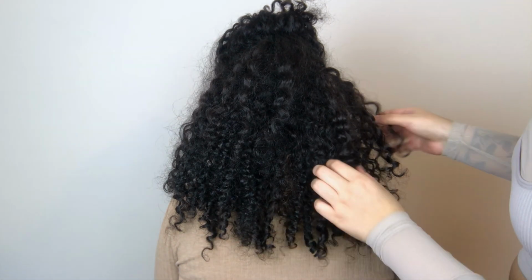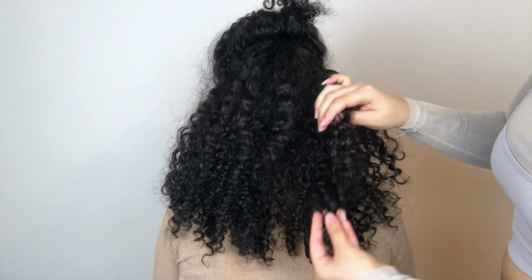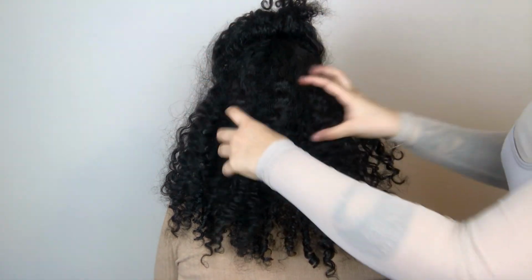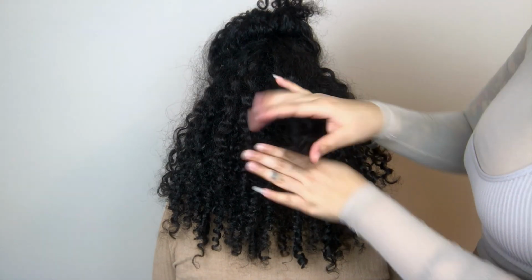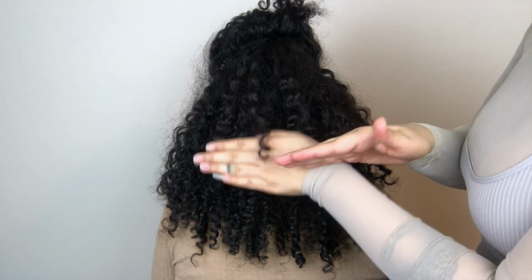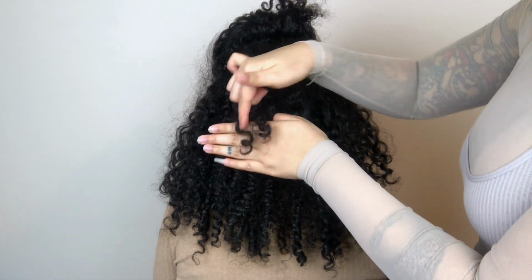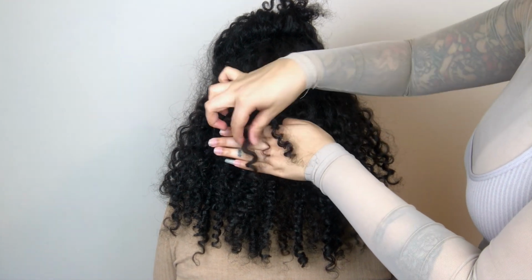section. Again, you do the same thing. So now this time you want the third layer to be shorter than the second layer, so that it can start voluming up and get that nice fluff that you want. Again, do it curl by curl, literally curl by curl. It takes time, but it's definitely worth it. Like, these are two separate curls, so you separate it, and then you'll cut this one and you'll cut this